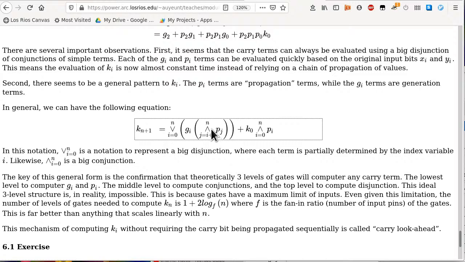This is a conjunction of a whole bunch of p terms. Which p term we put into this conjunction is determined by the range of values that j is going to get. So j goes from i plus 1 to n. Within that quote-unquote loop, all of the p terms will be included in this conjunction, and then the result of this conjunction is ANDed with g of i, where i is controlled by the outer loop over here. This is a whole different loop. It has nothing to do with the previous loop. So k of 0 is just here, and then we have a conjunction of p i terms where i goes from